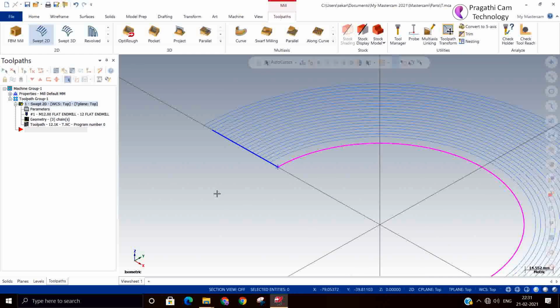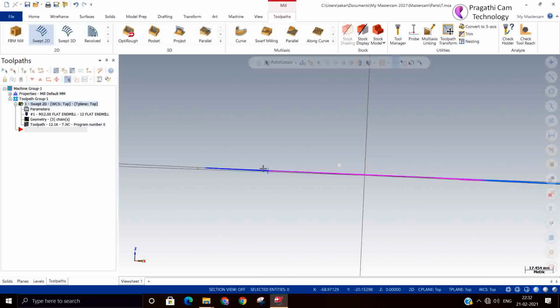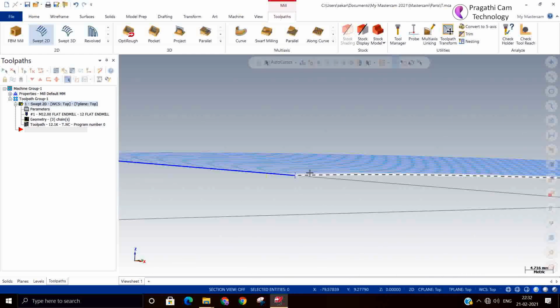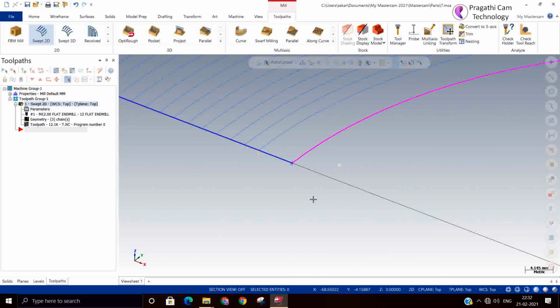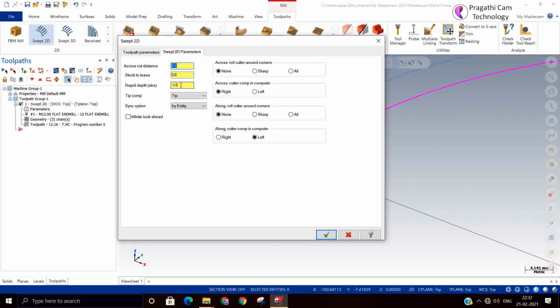Now you can see this is your tool. Sorry, I have given the rapid height wrong, I'll make it 15 mm.